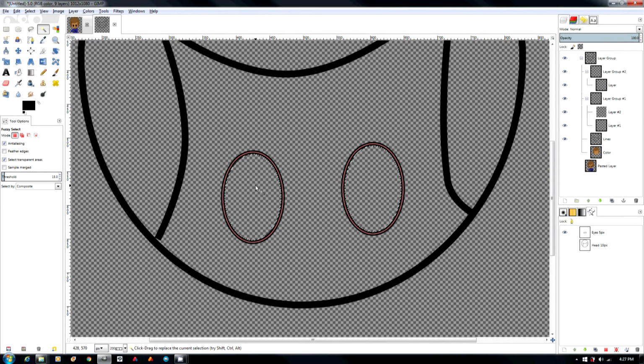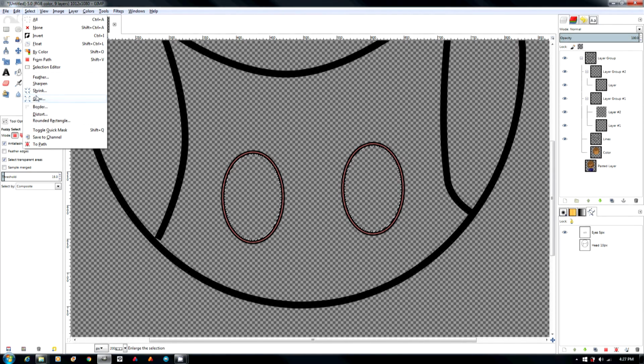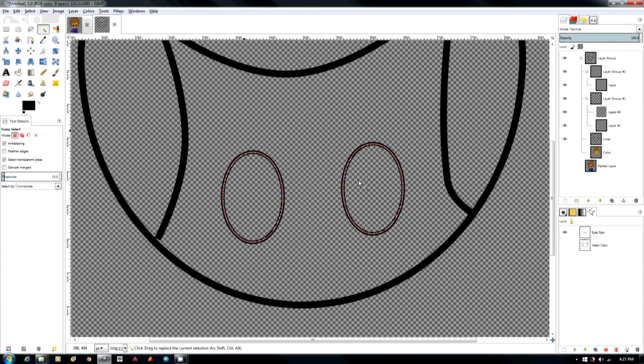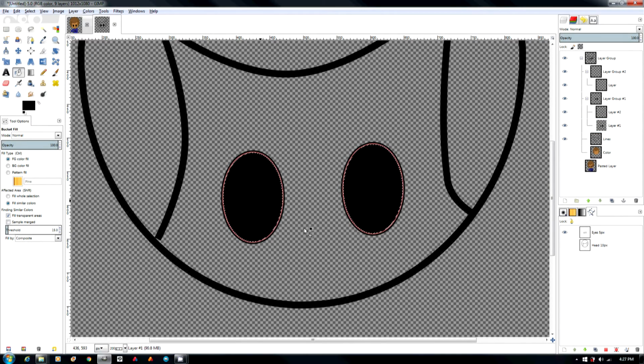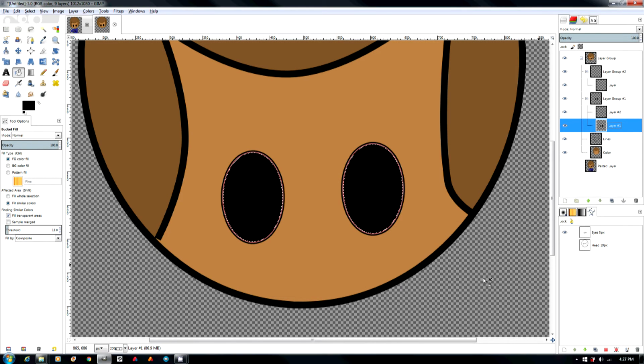I did a Shift, left mouse button click to do the second select, and I'm going to go select, and I'm going to grow, and I'm just going to grow that 2. And then I'm going to go down to this layer and do Shift B, and I'm going to fill them in, and if I put the background in, you can see we've got